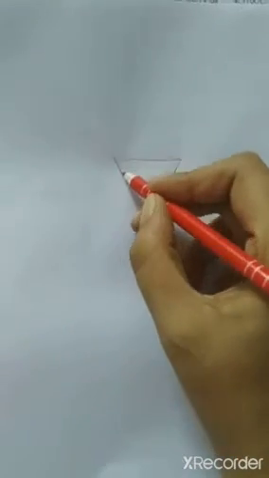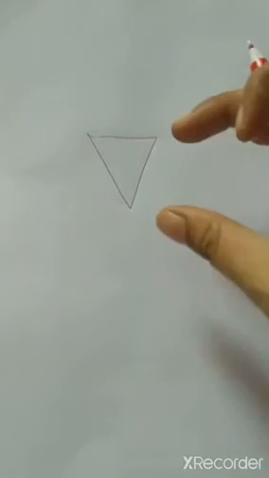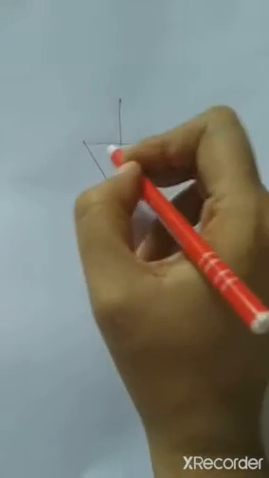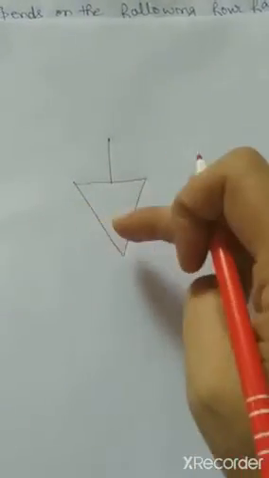Clear? So how will you keep the prism? You will keep the prism so that the triangular cross section comes on the page. So suppose this is the outline that you will get when you put the prism's triangular section on the A4 size paper. Now what you have to do is draw a normal just at the middle point, like we had done in the refraction through a glass block. We put the glass block, make an outline, and then we draw the normal.